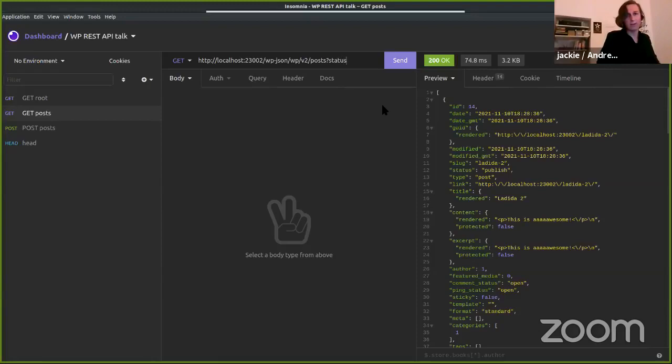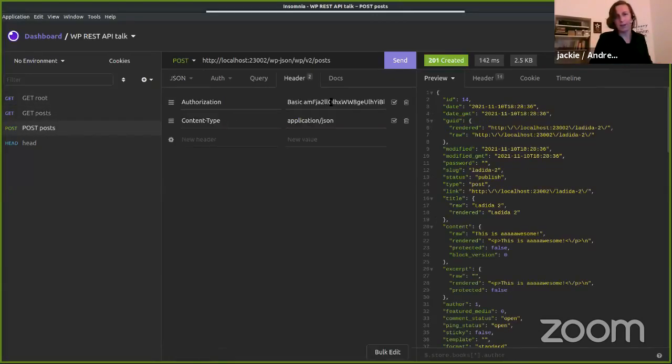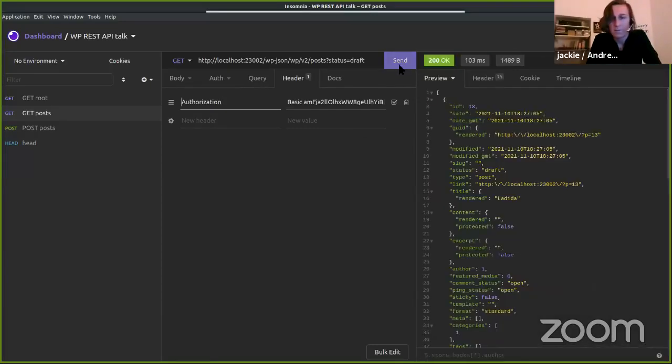A query parameter called status, and I could use that. The point is I cannot use that when I'm a visitor, because as a visitor, it tells me it's forbidden. I cannot see the draft articles. So I just have to use the same authentication header that I have here, the authorization header, sorry. And then I could do that. Now I get back a list of exactly 1 post, because there's only 1 with a status draft. So that's how I can also filter my posts when I retrieve them.